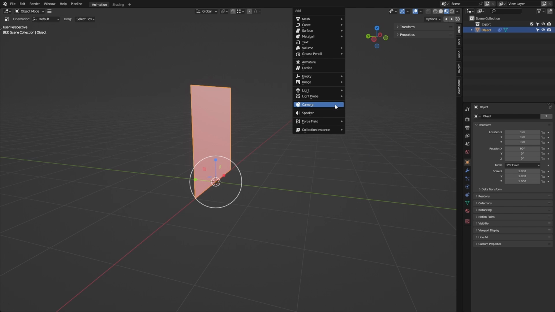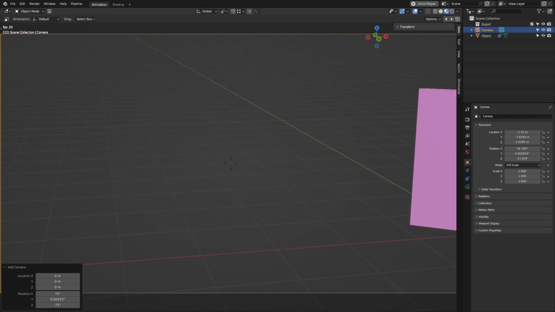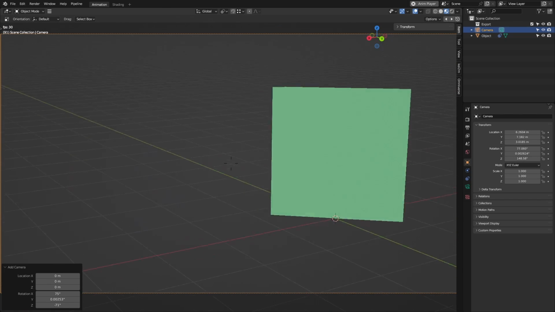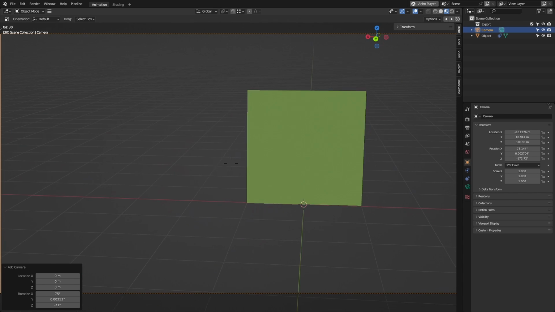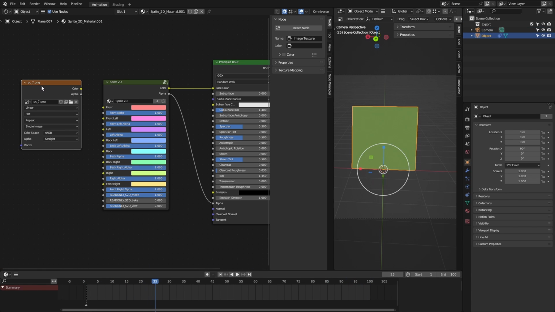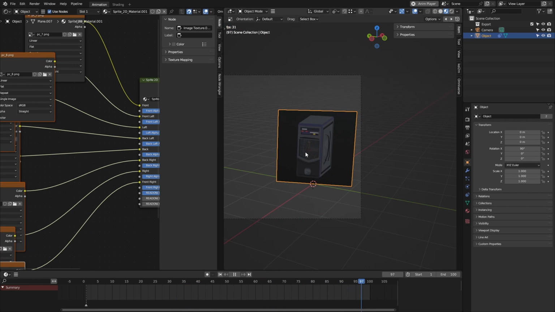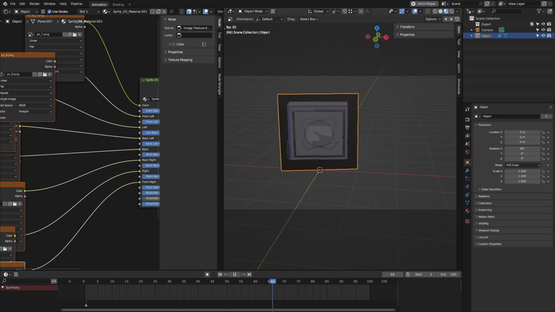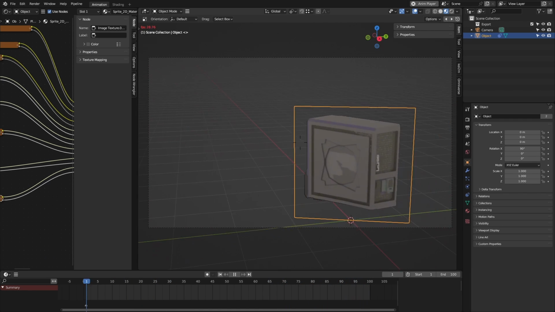To test if things are working, create a camera. Go to the camera's view, start playing the animation, and move the camera around the scene. As you move, you should see the colors changing. The add-on updates every time the frame changes and automatically detects the active camera. If all works, pause and drag in your 8 sprite textures from before. Make sure they all line up correctly, front to front, right to right, and that you plug in both the color and alpha layers, if you want transparency, that is.